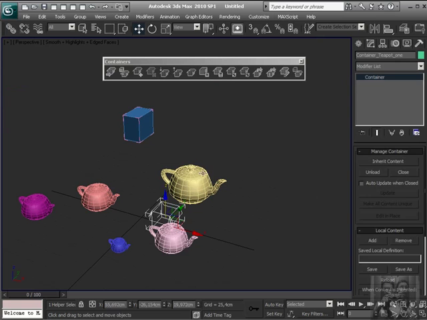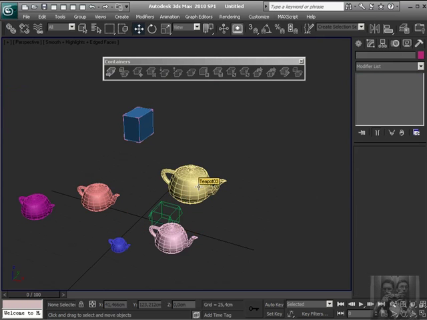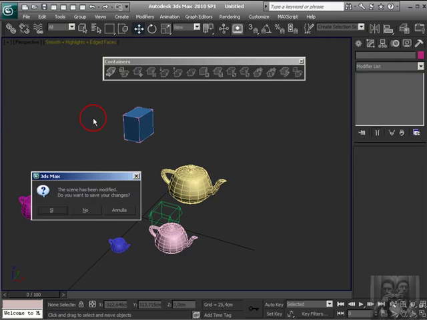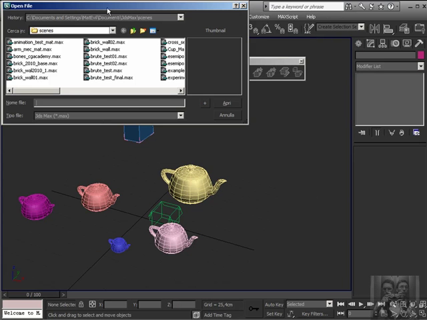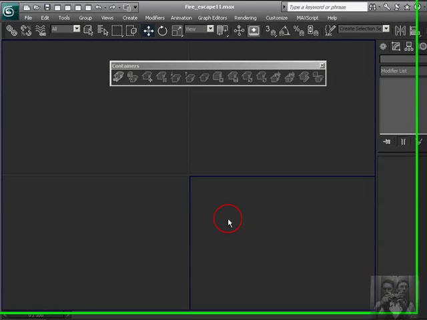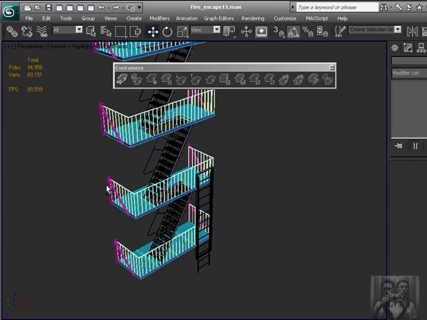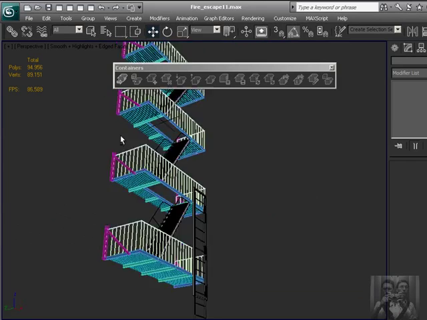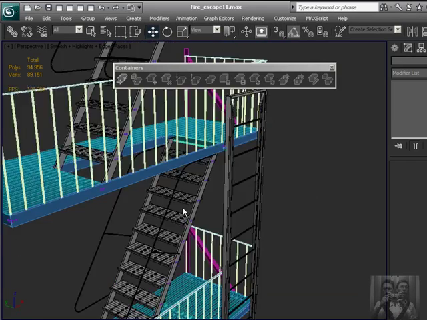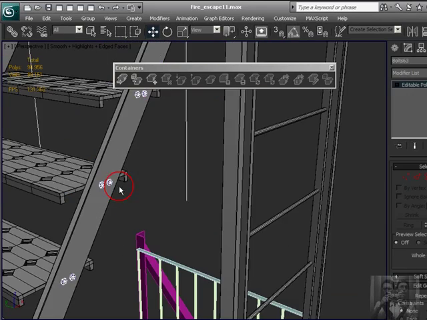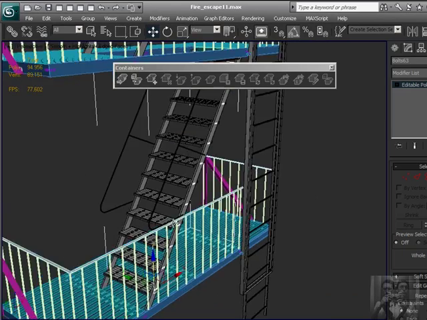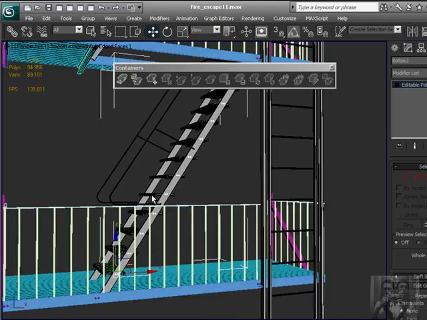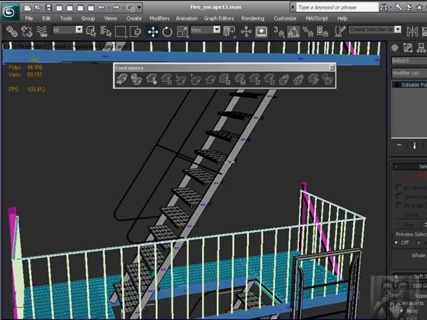For example, if you create a particular chain and apply this, I can open this main chain. This is the fire escape, and for example the bolts, this is the group. Okay, but I can create